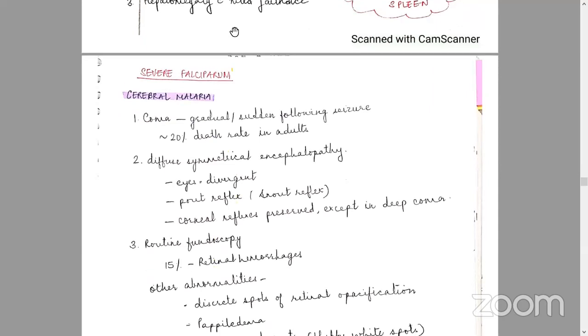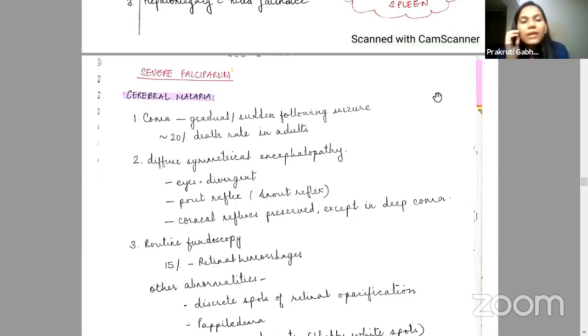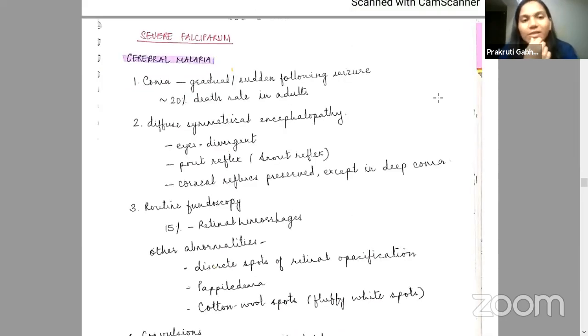Starting with severe falciparum. Now, the first most important manifestation of falciparum malaria is what is known as cerebral malaria. We've already discussed the cause of this. It's because of the sequestration of infected RBCs inside the brain. So the first manifestation of cerebral malaria will obviously be coma, which can either be gradual or sudden following a seizure. And it denotes a 20% death rate in adults. It's the most severe